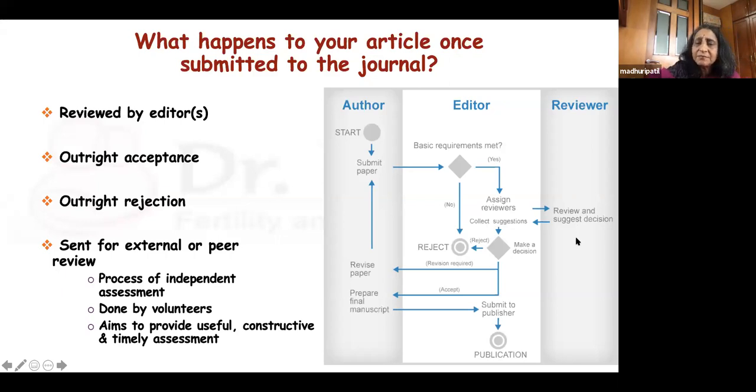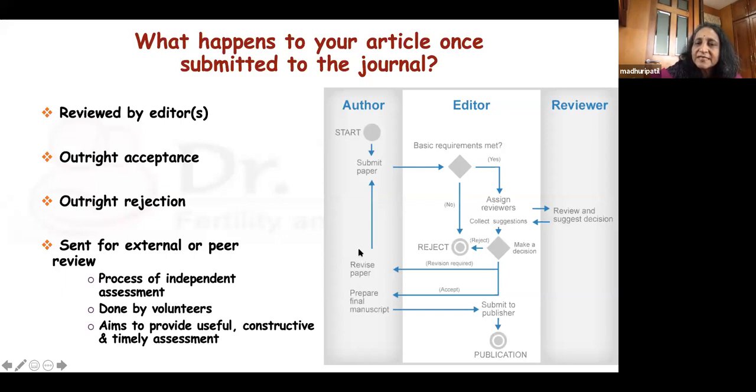Once the article has been peer reviewed, the reviewer will send it back to you, and then he would have given his review. So he can give 4 things. One is accepted. Second is accept after corrections. Third is he wants to re-review it again. And 4th is that it is rejected. So if it is rejected, you just send it back to the author saying that it is rejected. But if the reviewer wants revision, then you send the paper back to the author to revise.